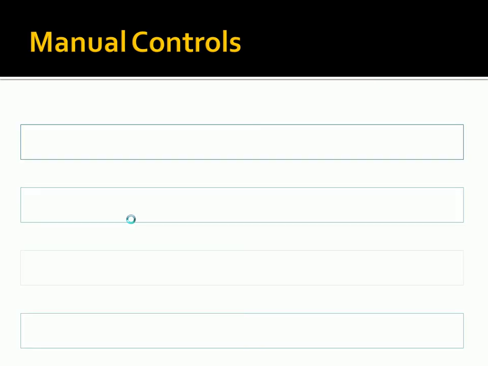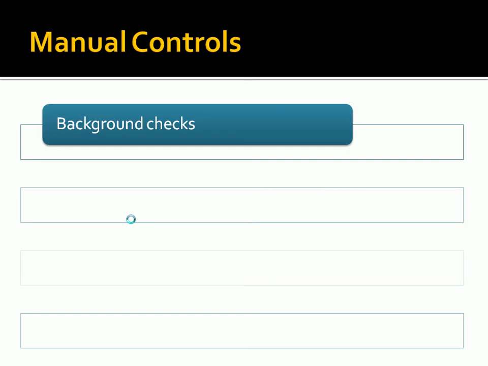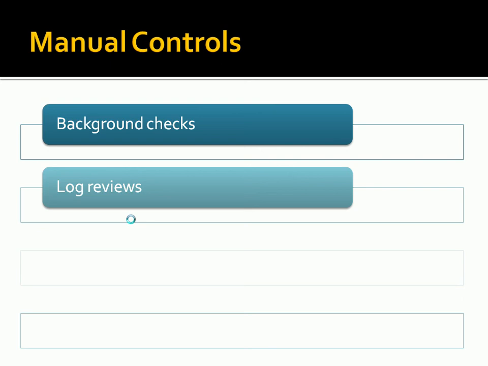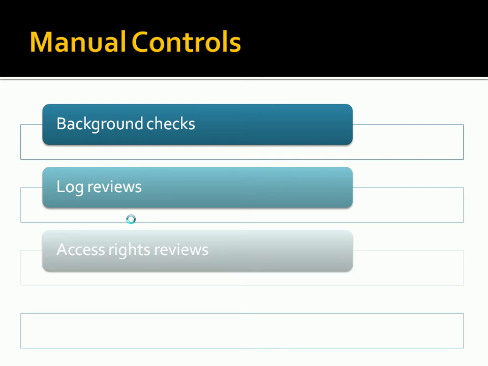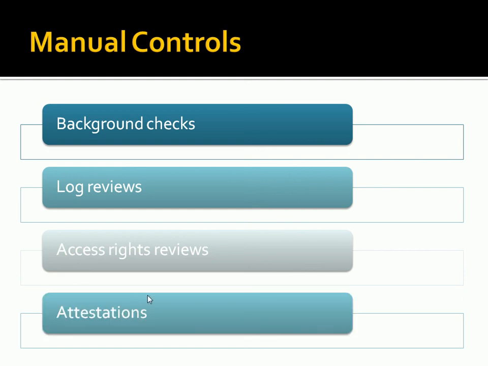Manual controls are where we rely more on humans for these controls. One option they talk about in our book is background checks. That's a manual control that makes sure that we don't allow people into our networks that maybe are unscrupulous or can't be trusted. So a background check could maybe help identify that. Log reviews, so periodically a system administrator reviewing those logs. Access rights reviews. And finally, attestations, our book talks about that, which is